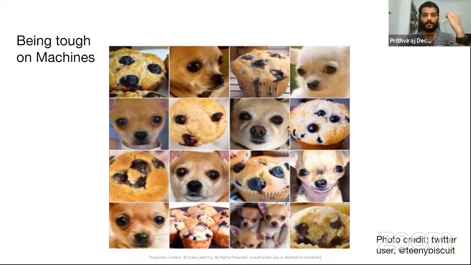A lot of people, when asked this question, will probably get it right. And if I ask you how easy the task was, was it easy, medium, or difficult to identify the dogs from the muffins? For a lot of people, this will be very likely too easy, but machines struggle to do this. So thinking of a machine like Chitti or Ultron is way, way beyond the current reality. The current situation is that a machine finds it very hard to distinguish between these pictures. Muffins and dogs, it often confuses between the two.